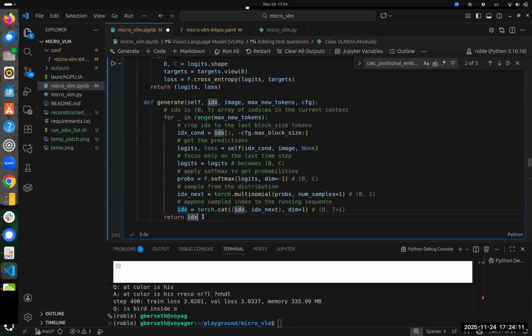The only thing that's going to be a bit different, at least for the vision transformer, is this part, which wasn't there because you don't usually generate tokens and patches that come out of it. But if we go back to the LLM, the little GPT model from before, it had a generate function. It's going to take in an index and an image and then generate what the next token should be. And then we can decode that into text. So the image will always stay the same, and then we'll just keep feeding in a chunk of the context,